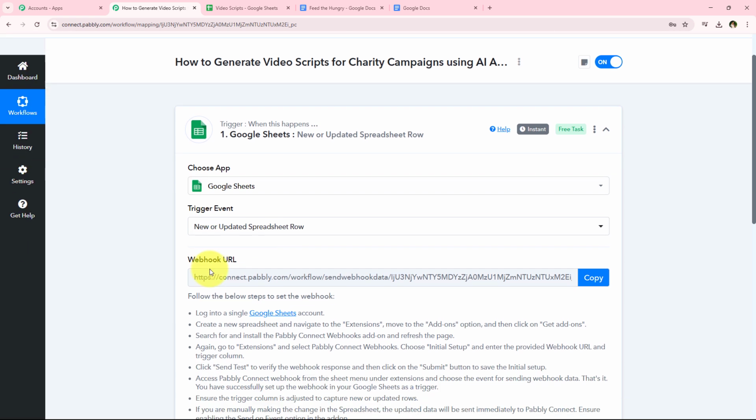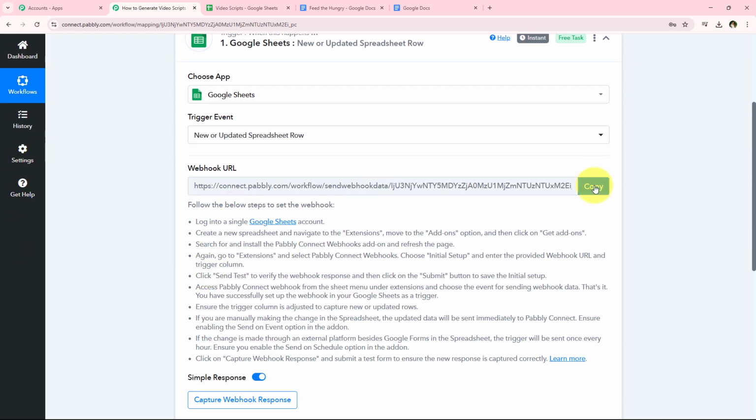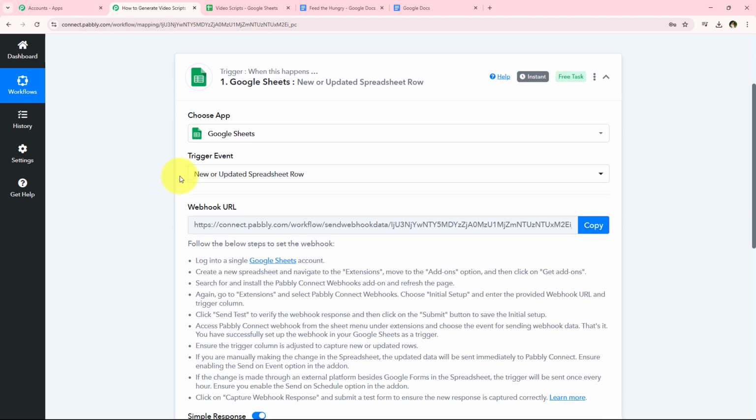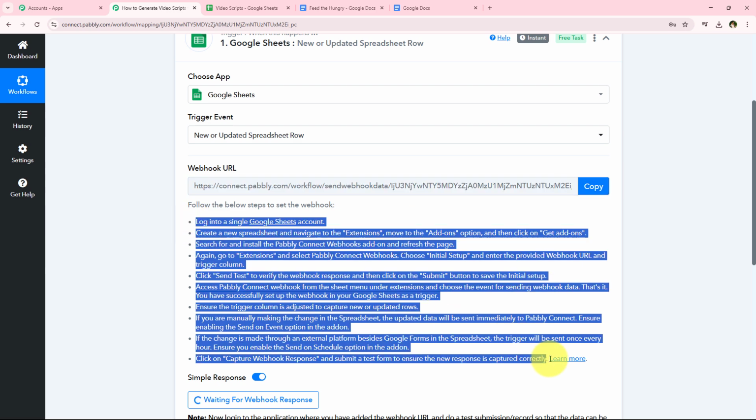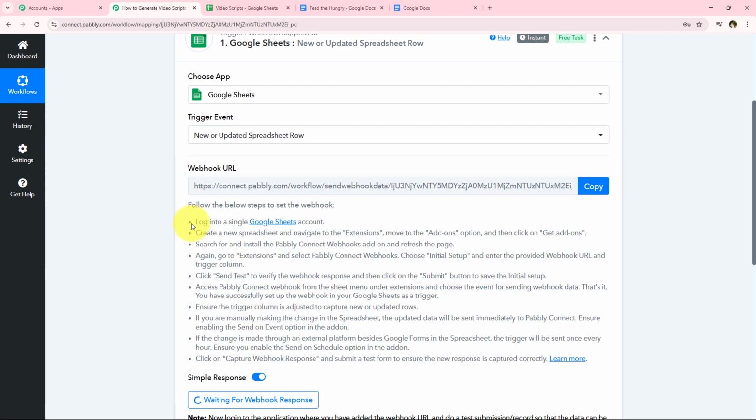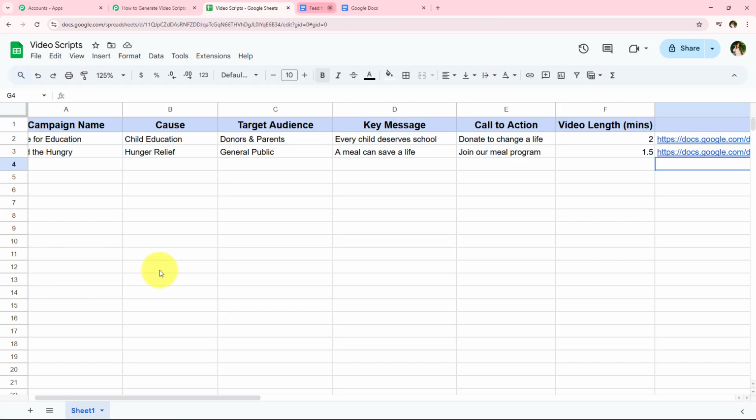And now it is giving me a webhook URL. So we're going to use this same webhook URL in order to create a connection between our Google Sheets and our Pabbly Connect's workflow. So I'm just going to copy this webhook URL and then we are going to simply follow this help text, and it is saying log into your Google Sheets account. All right, so I'm just going to open my Google Sheets account,